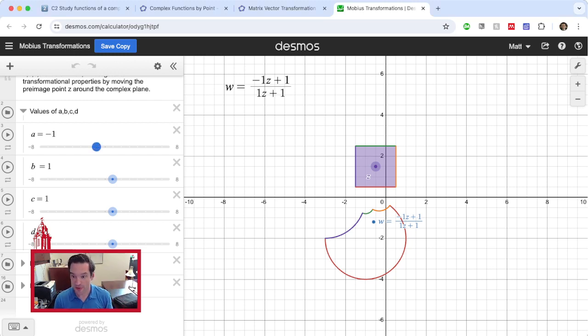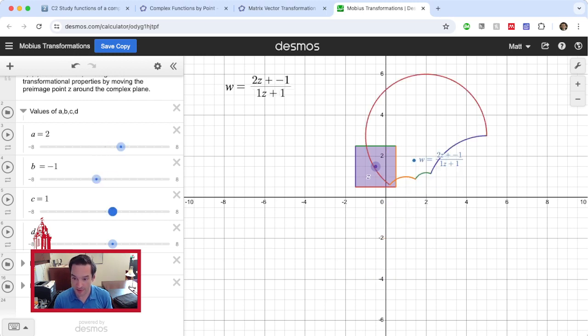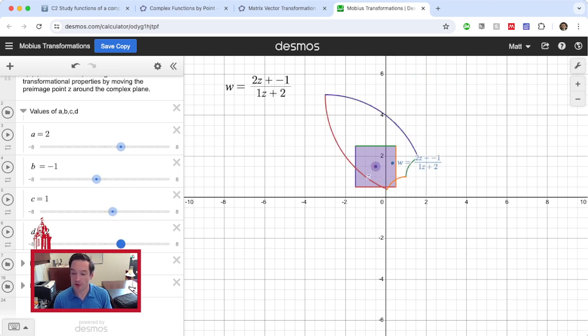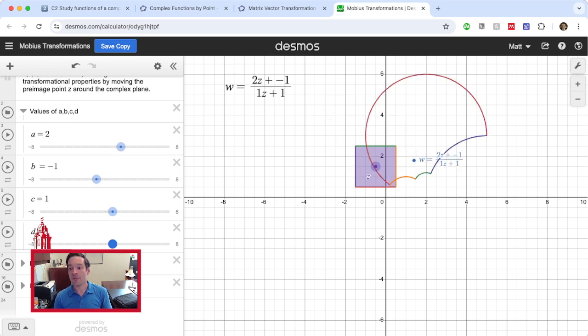So if I vary this a value, for example, maybe I'll take this b and make it negative. So I can just play around, and you'll notice that there's a lot in common between these different Möbius transformations. Ooh, this one looks a little bit different than that one in some ways. But there are some things that all of these transformations have in common, and there's a lot to say about Möbius transformations because they have a lot of really nice properties. So this sort of sets the table for the investigations that you're going to do